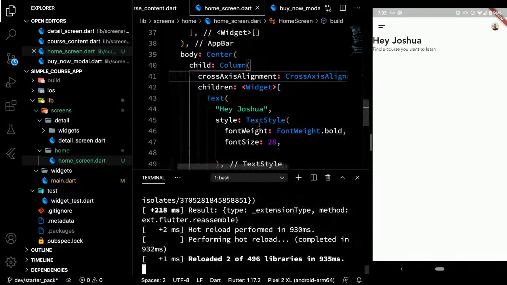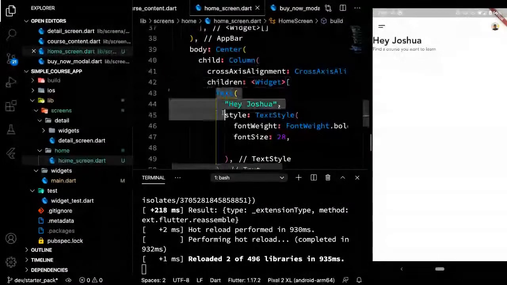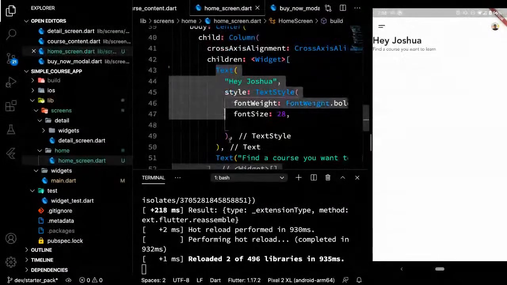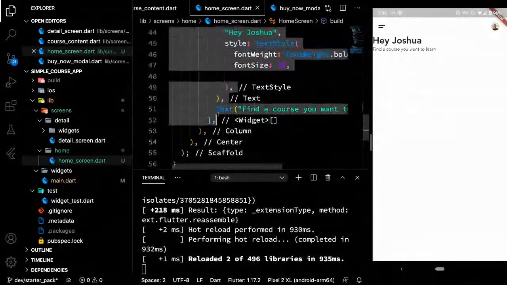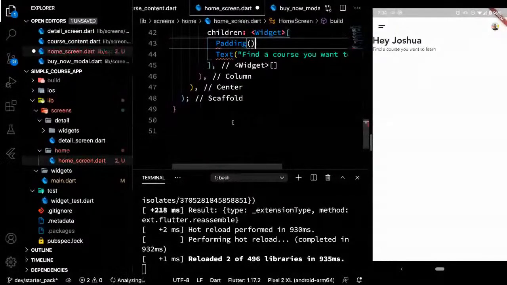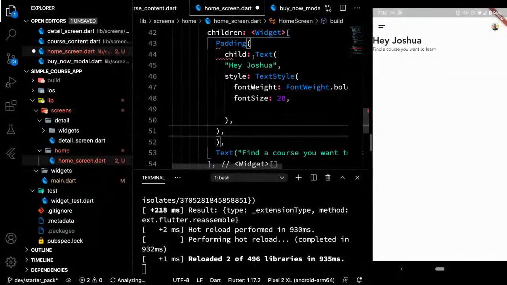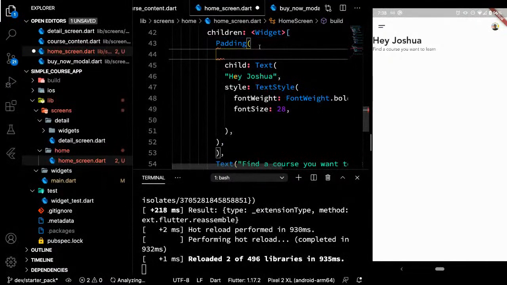So it stretched itself, and the next thing we want to do is to probably add padding for each of the widgets that we have. So again, padding is just straightforward. Add padding and add a padding constant, or even if it's not a constant, you should be able to do that. EdgeInsets.